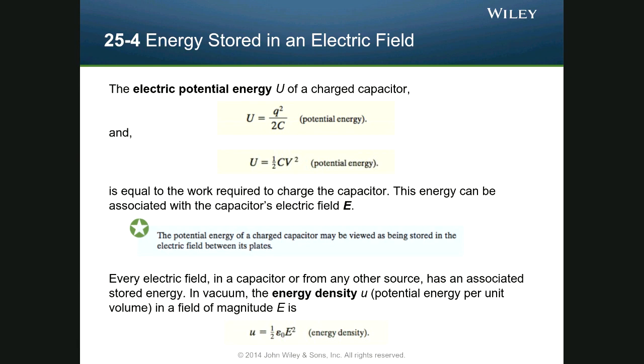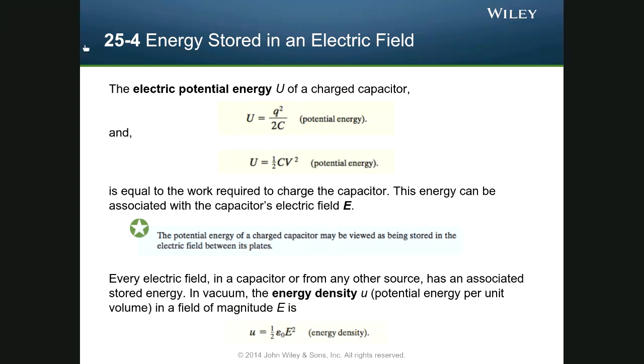So, one of the things we'll want to know, to bring this back to the abstract, is how much energy can be stored in an electric field. And capacitors give us the machinery to do that. So, the potential energy of a capacitor, because you'll remember,